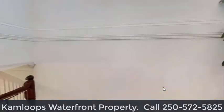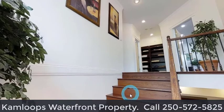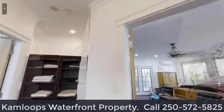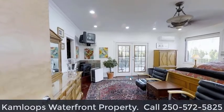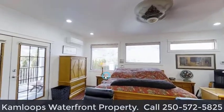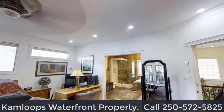the staircase, and we're going to turn around here, and this is the top level of the house. And as we go upstairs, there are 3 bedrooms up here. The master, there's a kid's bedroom, and also a second kid's bedroom. We're going into the master bedroom right now, and this is a huge room. It's absolutely massive, and it has a super large walk-in bathroom, and there are double French doors that kind of